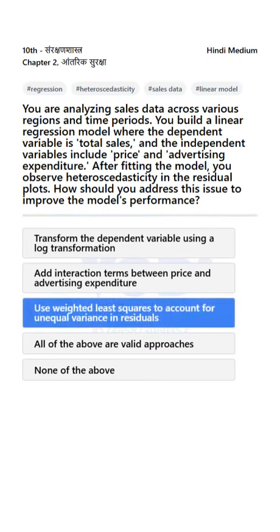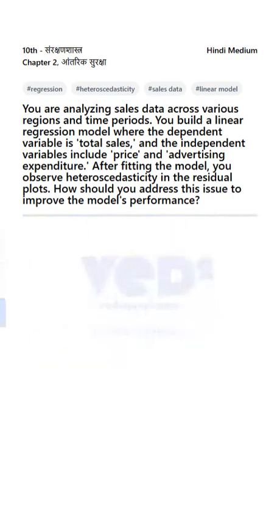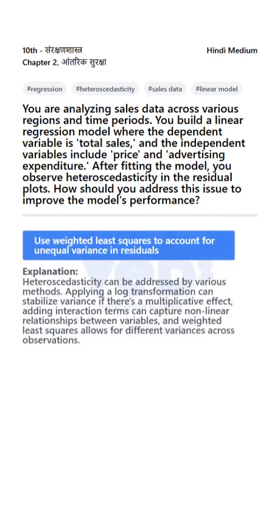This can be a problem because one of the key assumptions of linear regression is homoscedasticity, the opposite condition where variances are consistent. If that assumption is violated, it affects the efficiency and reliability of our regression coefficients. To address this issue, there are a few common methods you can use.